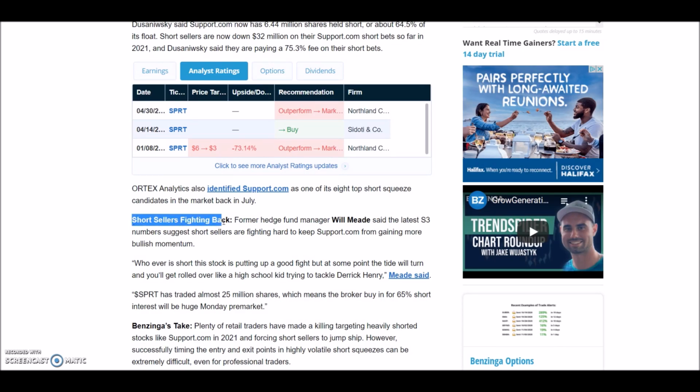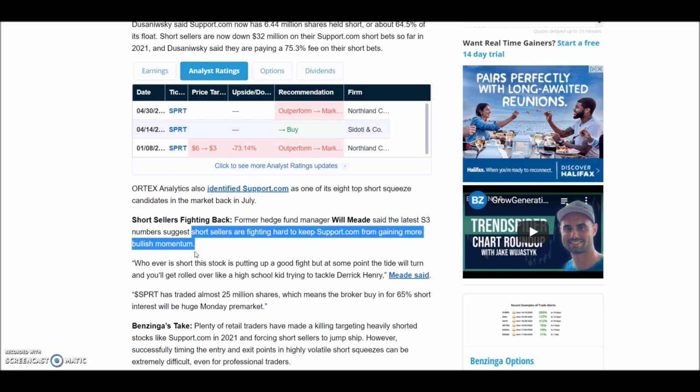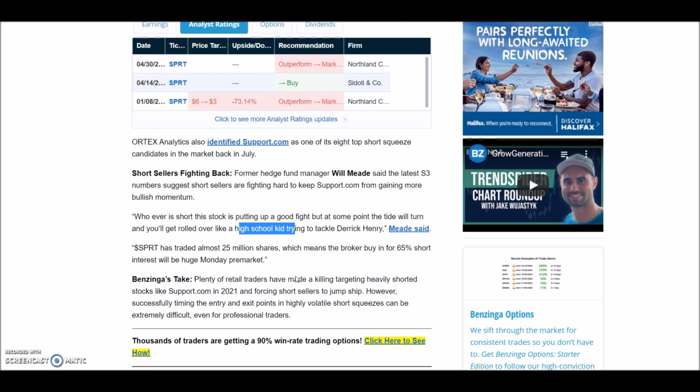Also, short sellers are fighting back. The latest S3 numbers suggest short sellers are fighting hard to keep Support.com from gaining more bullish momentum. Whoever is short this stock is putting up a good fight, but at some point the tide will turn and you will get rolled over like a high school kid. Anyway,